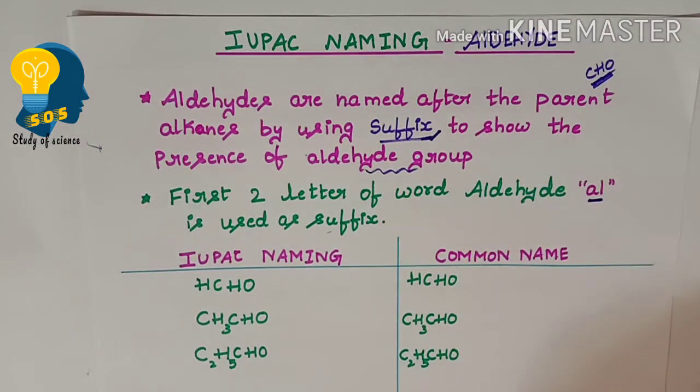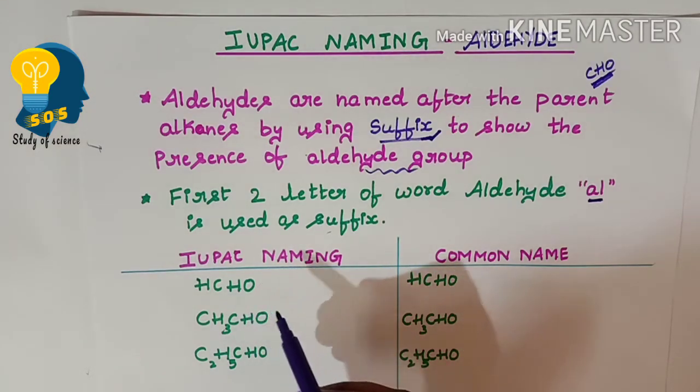Now let us understand how we name these aldehydes according to IUPAC. First I'll teach you the IUPAC naming, followed by the common names. Sometimes the common names do not have proper reasons why they are called so; it is generally by looking at the compound that they give the name. But IUPAC naming has certain steps explaining why a particular organic compound is called so. So let us start with the first member of the aldehydes.